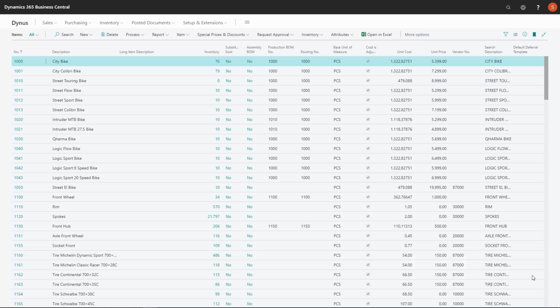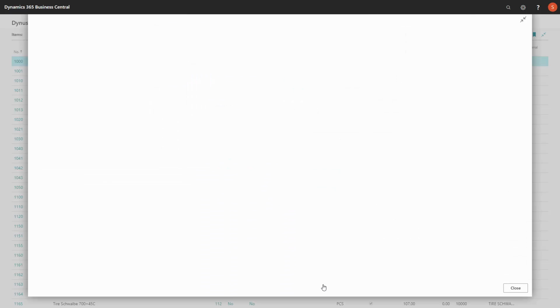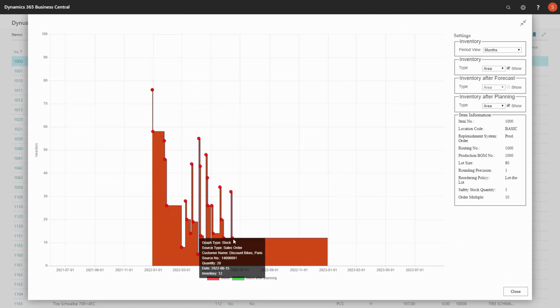Let me show you how you can use the reverse planning to figure out if you can ship a new sales order without making conflicts on other sales orders if you have all your planning cleaned up. So let's take a scenario here. First, I will look at the graphical profile for my item and see that item 1000 has a positive profile,